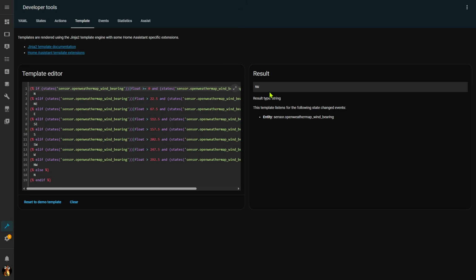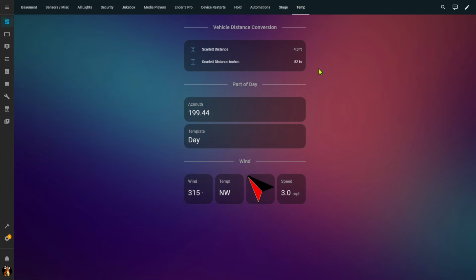So with these few examples created, let's take a quick look at a sample dashboard. Here you can see examples of a templated entity versus the original entity state as shown on a dashboard. For our first distance conversion, recall that the original sensor shows the distance in feet, but our template sensor displays that same distance in inches. Again, note that when we create a template entity based on another entity, both the original and template entities are available for use. Under the sun example, again you can see the original azimuth value, which is currently 199 degrees,